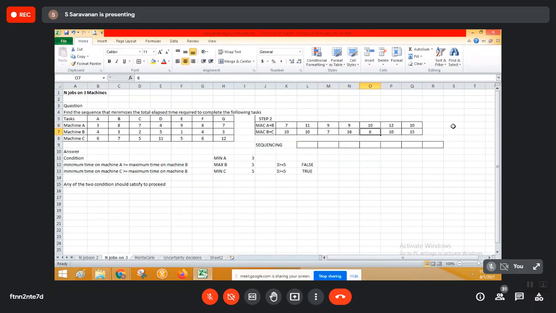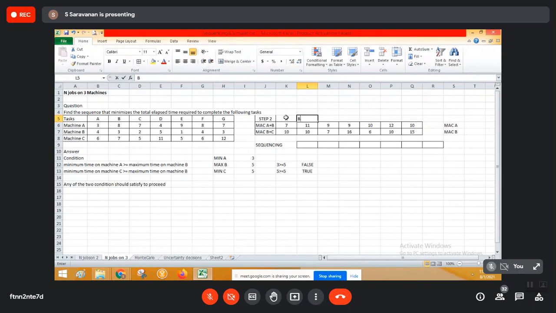Now we can consider that this is machine 1, so it is machine A. For example, I'm taking machine A, machine B. So the minimum is 6. Should I start from the left side or from the right side? For machine B, it should start from right or left? Right side. So I have to use this here. So what is the specific point?